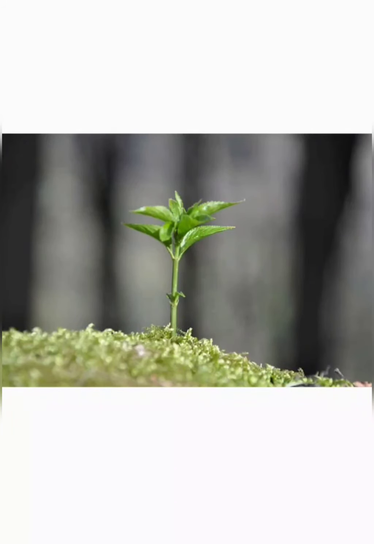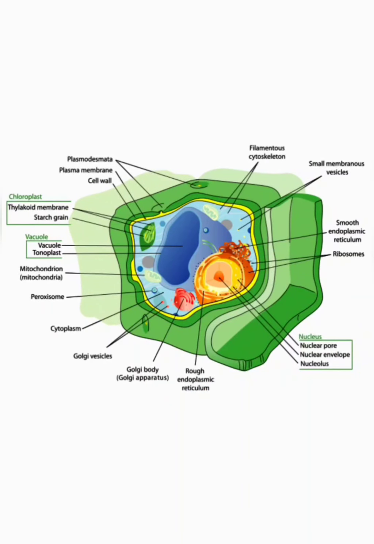Today we are going to learn about plant tissues. See, in your previous class you might have already learned about the cell, its organelles and their functions in a chapter called Cell, its structure and functions. There you have also learned about unicellular organisms where a single cell itself performs all the functions. But when it comes to a multicellular organism, numerous cells are present which help in performing various functions.